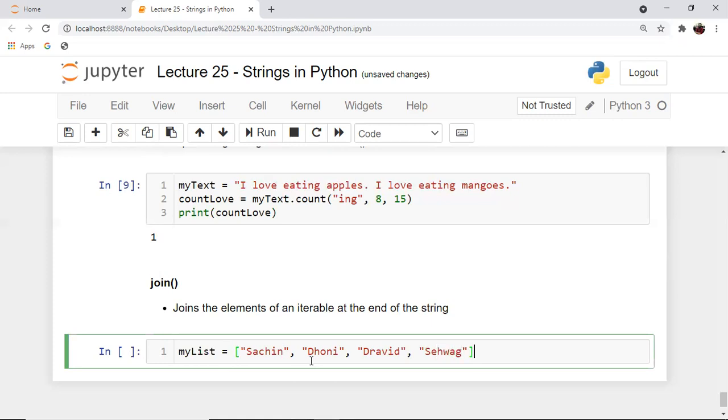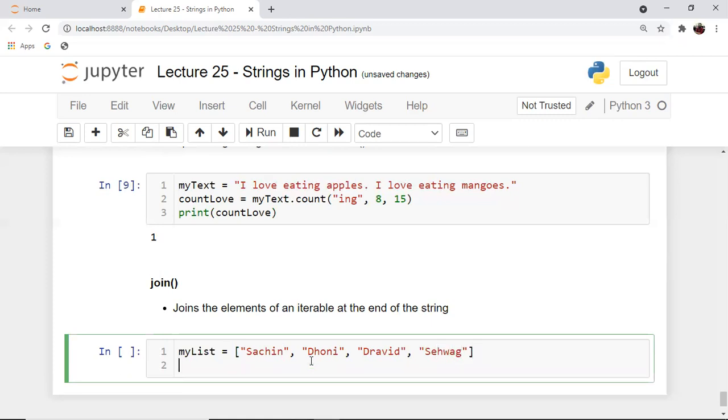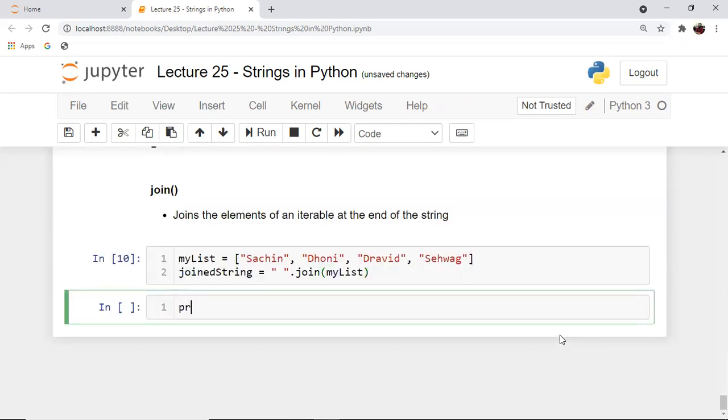Now let's say I create join string, and I give a space, then dot join, and then I pass the name of the list, which is my list. Now if I try to print join string,